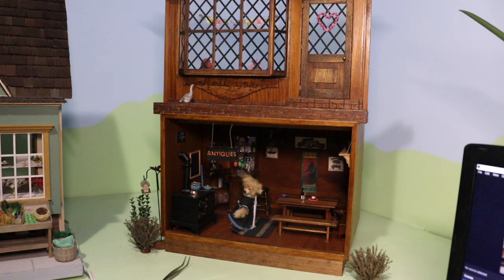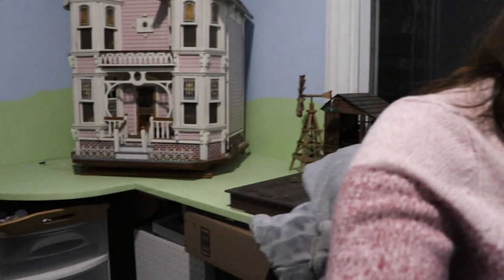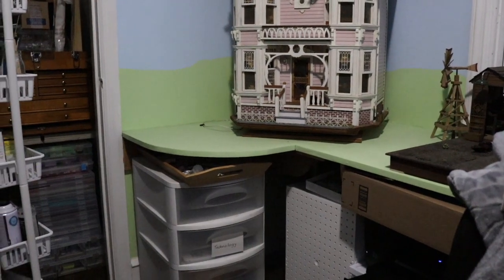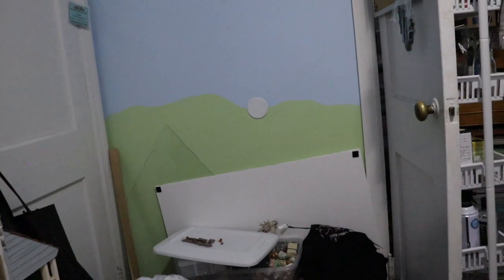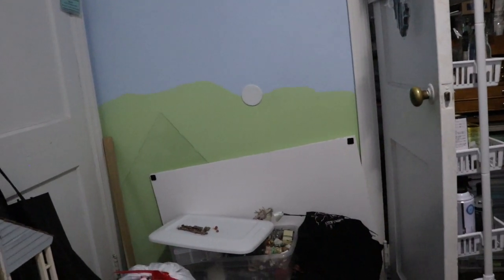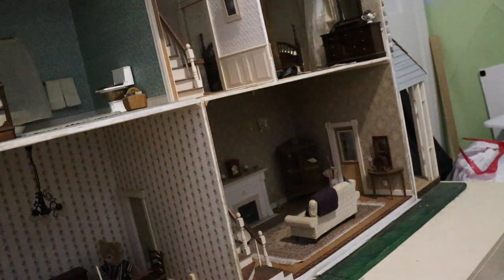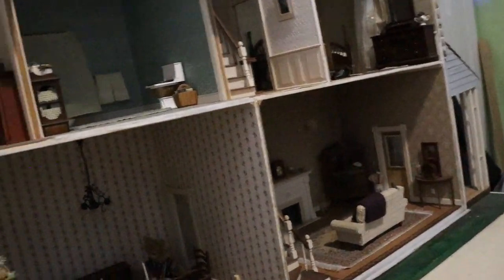Let's do the big house. And I think that's it for the night. And then I'll be back tomorrow night. So let me do some swinging around. You get to see me for a second. Hi! One day, I will have a better transition for swinging you guys around to see all this nonsense, but today is not that day. So you get to be dizzy and